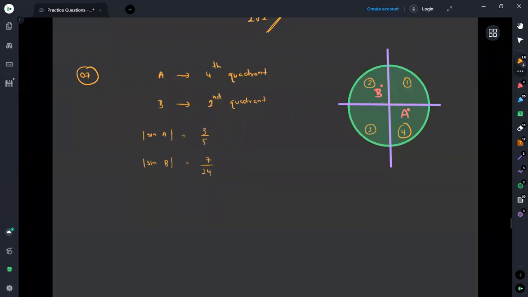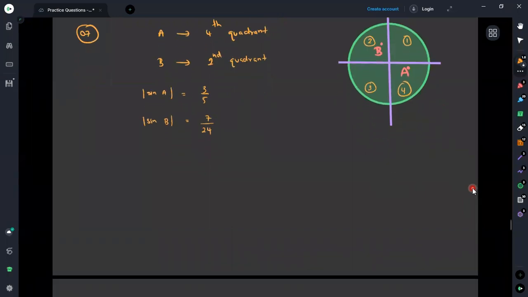Now, what we need to find out is the values of angles A and B. Apart from taking the angles A and B, what they ask us to do is obtain the value of tan A plus B. Using the compound angle formula, we can write it in the form of tan A and tan B. Therefore, it is better to find the trigonometric ratios for tangent, and in the second part we may need the cosine values as well.